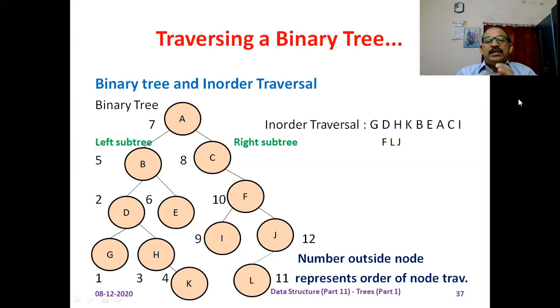And what is the left subtree of J? L. So L is printed on the screen since its left subtree is null. Okay, the control goes to the node L and L is printed on the screen. Next, right subtree is null. Control goes back to the node J. Left subtree of J is finished. Now control goes to the node J and J is printed on the screen. And there is no right subtree of node J.